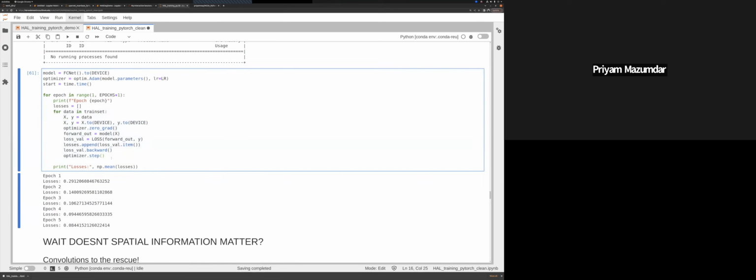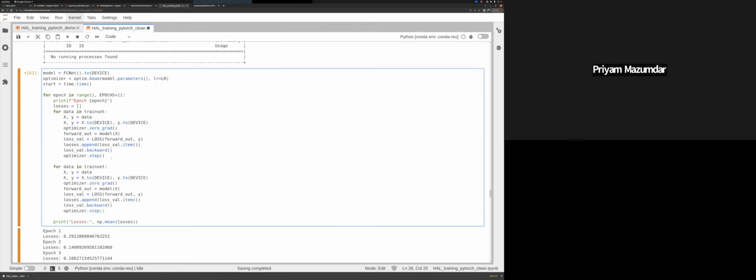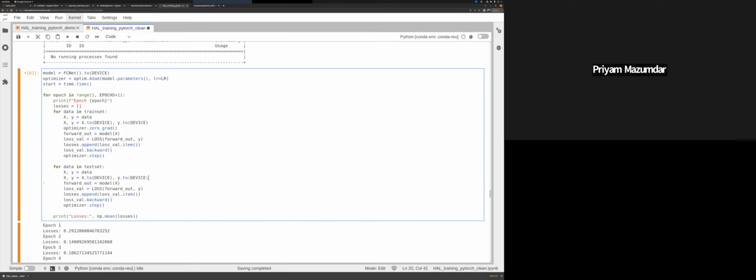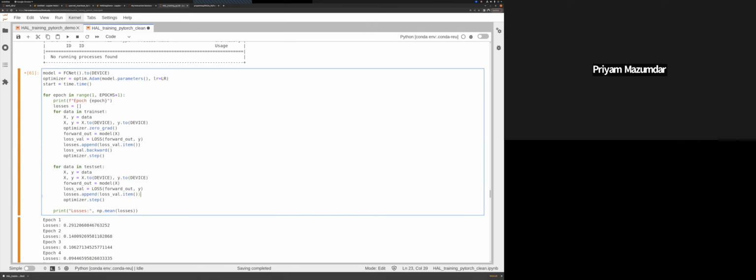Technically, what you should do is make a second for loop in here for data in test set, right? What you'd want to do is xy equals data, which should be the same. We want to move the data to this. This goes away, right? Because again, we're not performing any gradient updates. The test data should never affect the model. We're just inferencing on the model. And we want to remove all of this, right? This loss val.backward should go because we don't want to apply any gradients. Optimizer.step should go. What we should add in is with